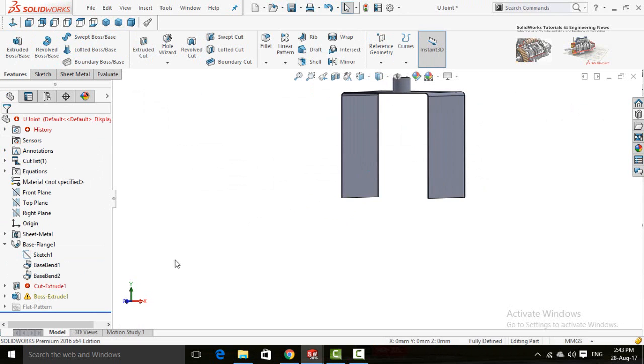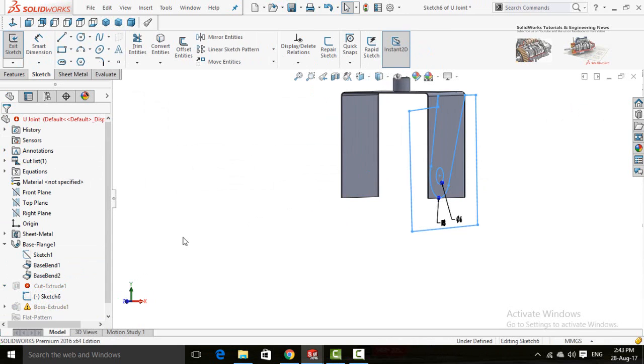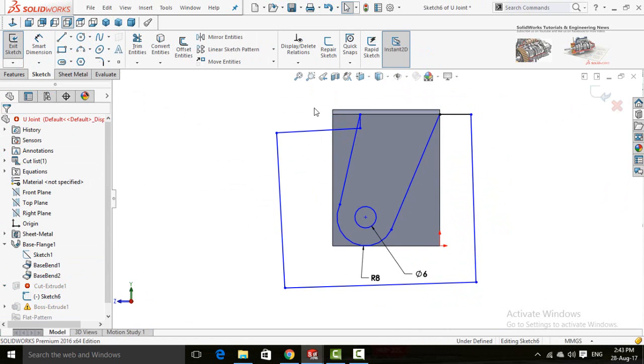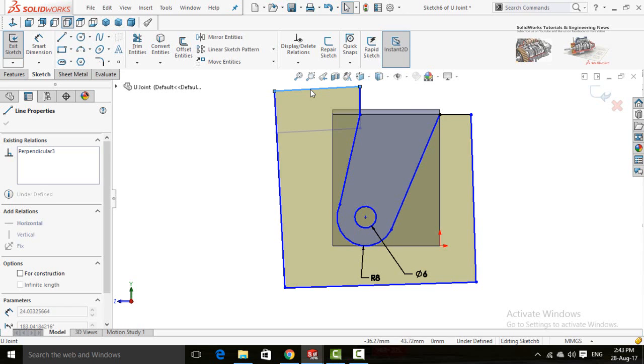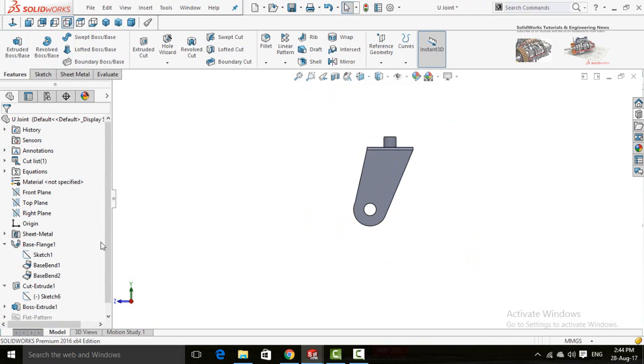Now it is showing another error on the left side, extruded cut. So click on this sketch and edit it. Now make normal to, drag this line some upward, press OK button. Now all errors have been vanished.